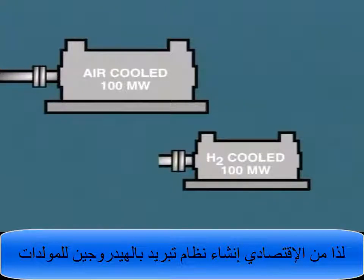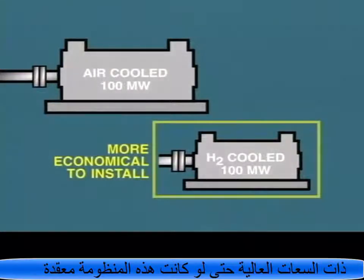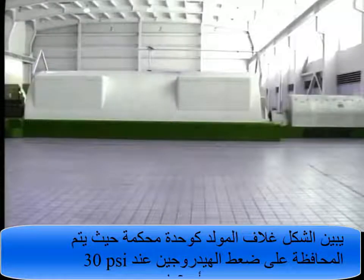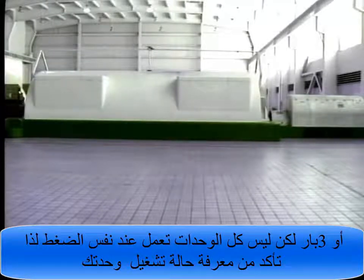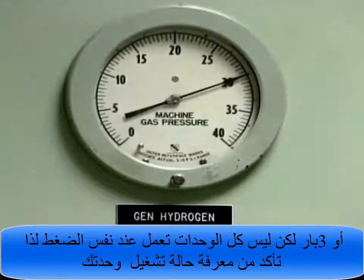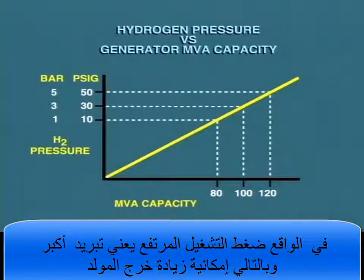Therefore, on the larger capacity generators, it is more economical to install a hydrogen-cooled system, even though this entails a much more complicated installation. The generator casing is built as a sealed unit, with the hydrogen inside the casing maintained at a pressure of about 30 psig, or about 3 bar. Not all units operate at the same hydrogen pressure, so make sure that you know the operating conditions for your particular unit. Actually, the higher the hydrogen pressure, the greater the cooling effect, and consequently the power output of the